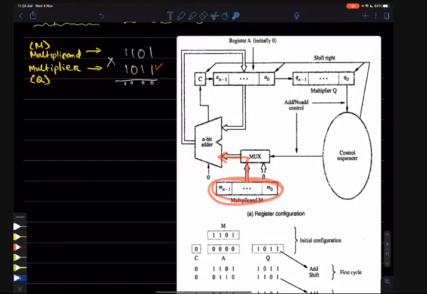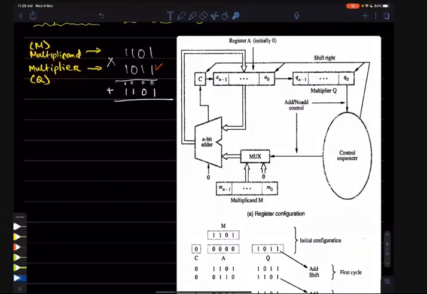the adder circuit. The adder circuit needs two numbers. Obviously one number came from the multiplicand. Where is the other number? The other number is coming from A. So obviously we have to do addition of 0000, the previous A value, and currently the second value is 1101. We have to do the addition. This is how we do the multiplication.